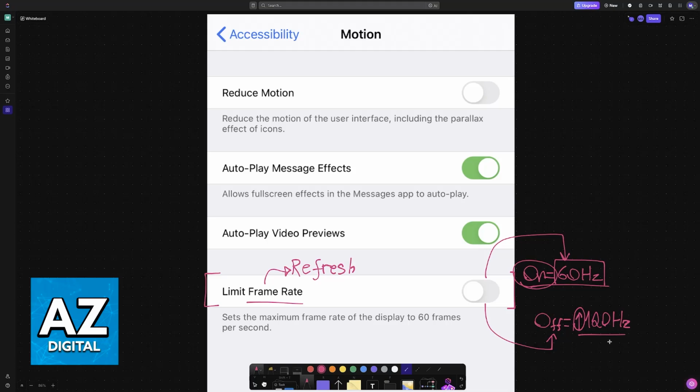Sadly, there is no way to set it to a fixed 120 Hz. So you will not be able to make your iPhone always be at 120 Hz. This is done in order to allow you to save battery. And unless an update in the future addresses this, you will only be able to change the refresh rate by either enabling or disabling this option. Enabling it will set it to a fixed 60, which never changes, and disabling this option will make it so the display will automatically adjust itself, making the refresh rate higher or lower accordingly.